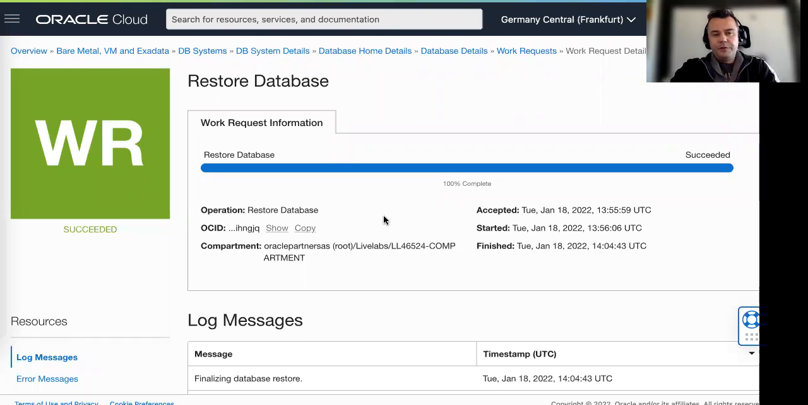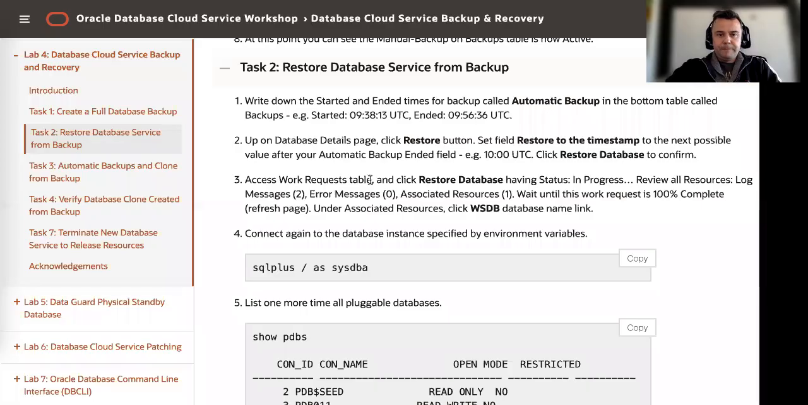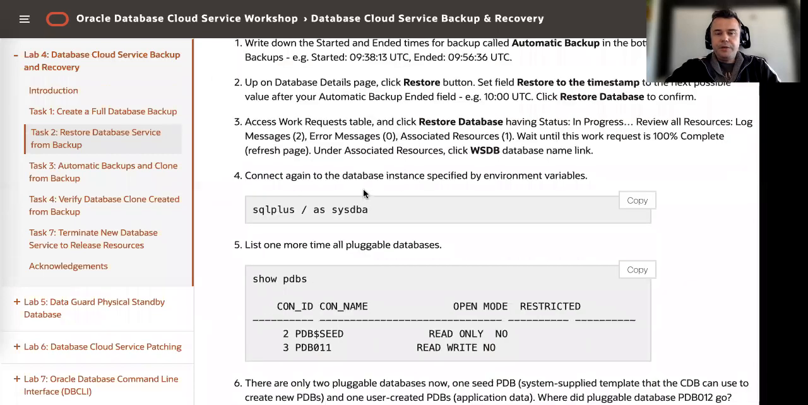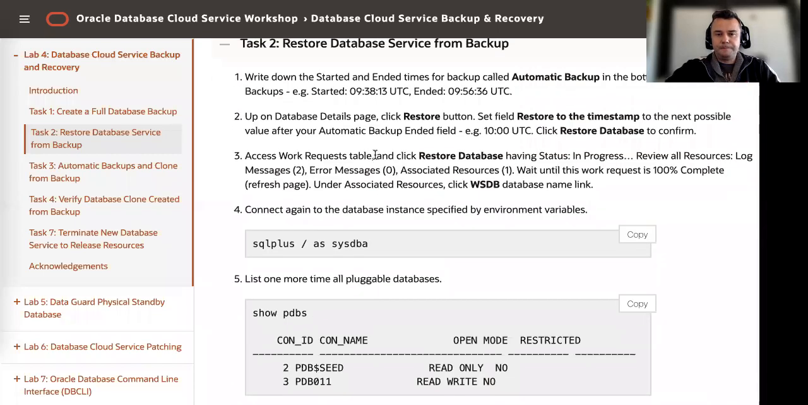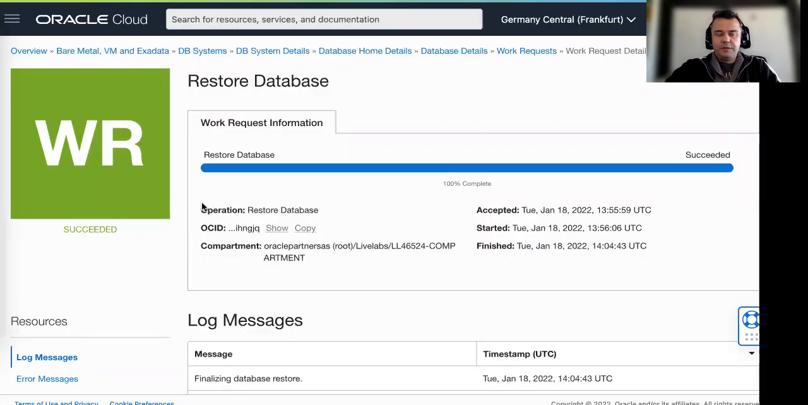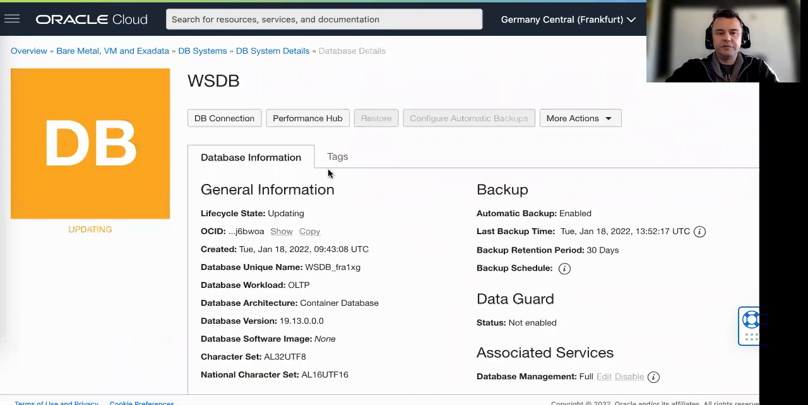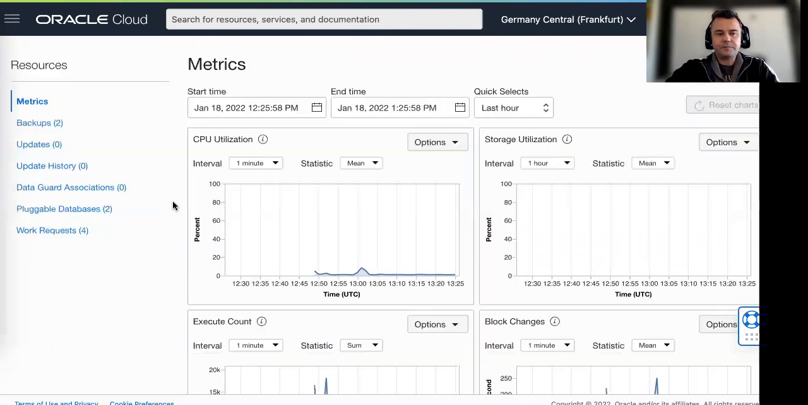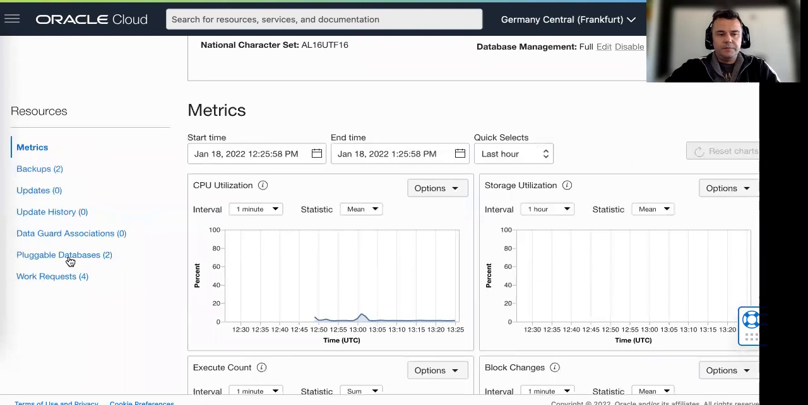The restore database work request has been completely finished, and now we can check again the pluggable databases we have on our database cloud service, on this workshop database we have on this DBCS. So I'm going to check here pluggable databases,